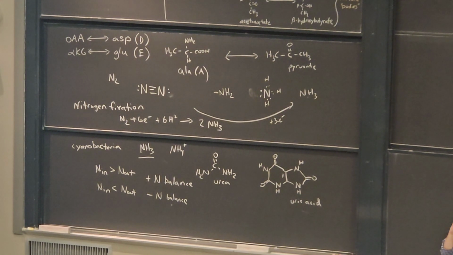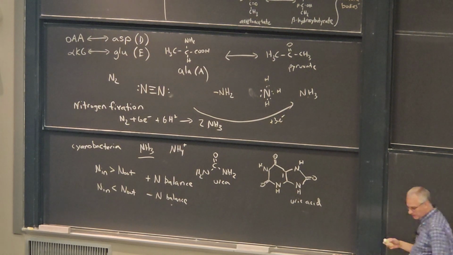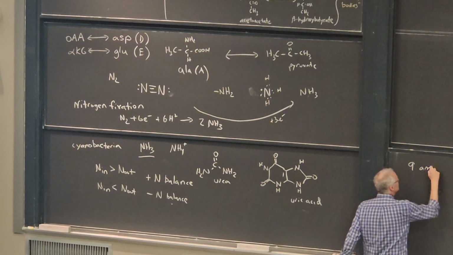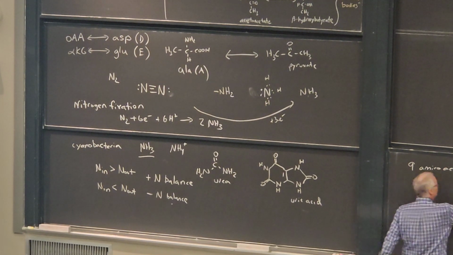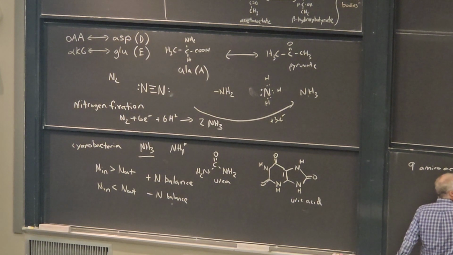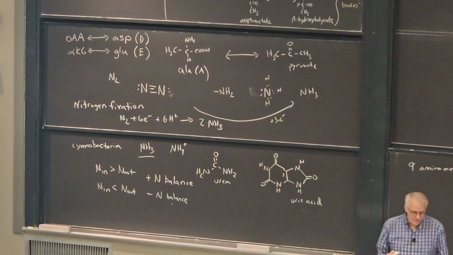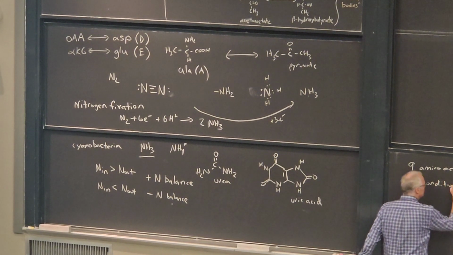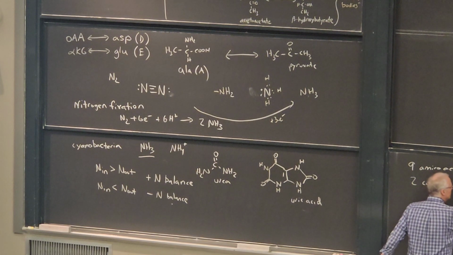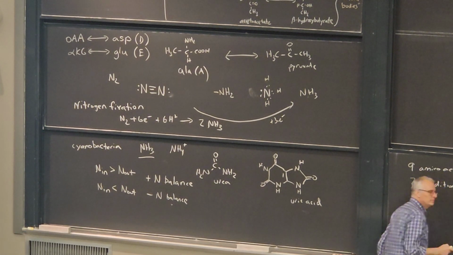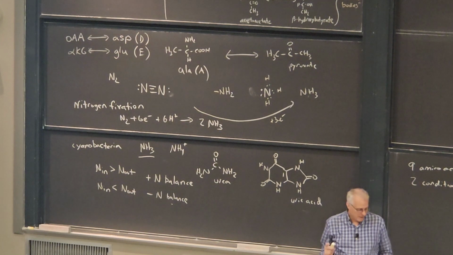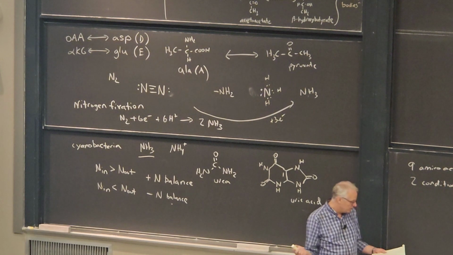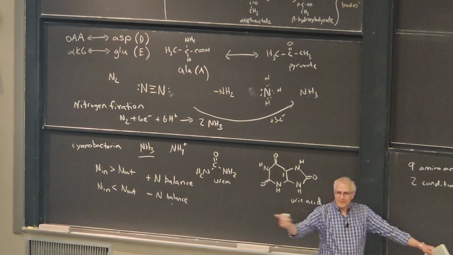So what they learned from these experiments is that turns out that there are 9 amino acids for you that are essential, meaning you have to eat them from the diet, and there's another 2 that are conditionally essential. And that is, you can make them, but you need to start with an essential amino acid to make them. So what does that mean? That means of the 20 amino acids that are out there that you need to make protein, 11 of them you have to get from the diet.